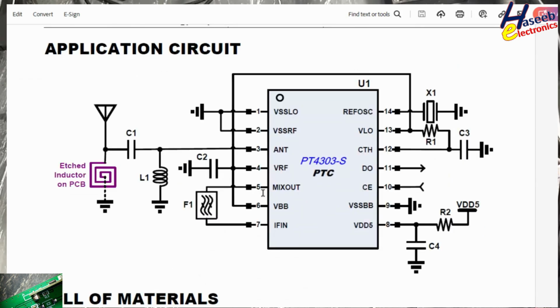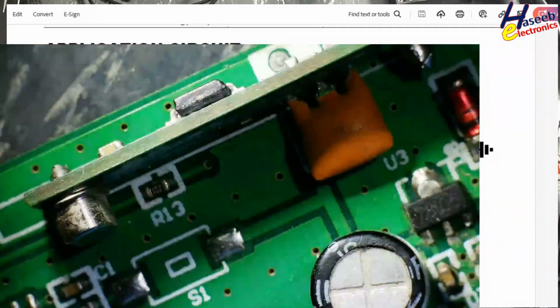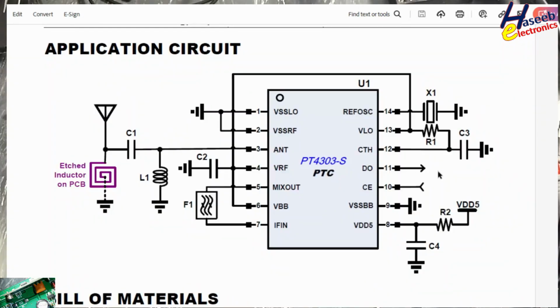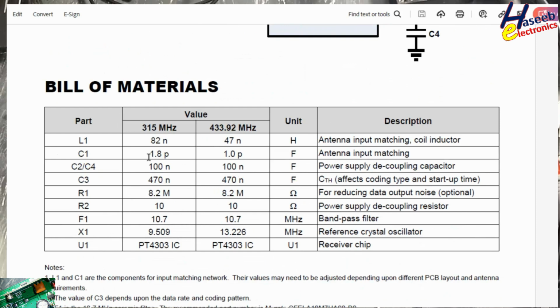Here is the typical application circuit. Antenna matching unit. Here is F1, the intermediate frequency, that is this 3-pin resonator. Pin number 11 is data out. X1 is the reference oscillator. And here is the component list.